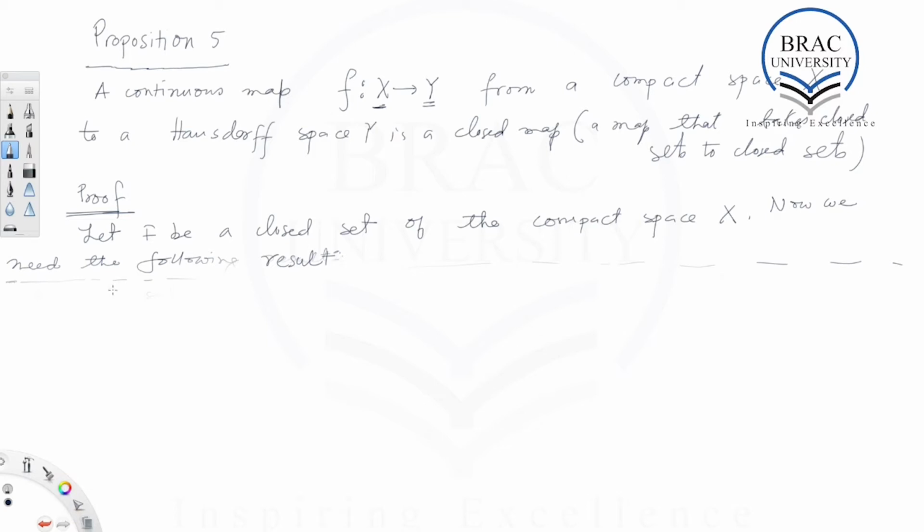Now we have found that F is compact, right? F is a closed subset of the compact space. We have chosen F to be a closed subset of X, and since X is compact, F being a closed subset of X is also compact by the previous result. F is compact. Okay. Now by proposition 4,